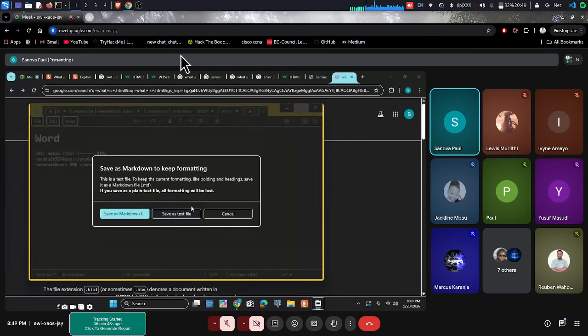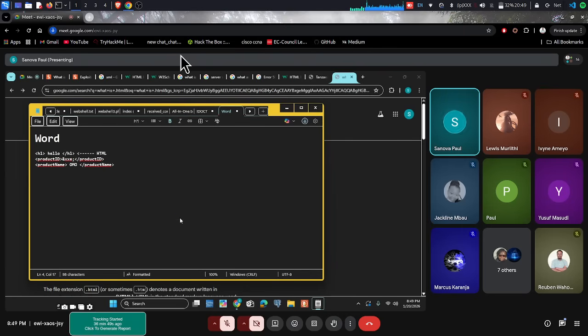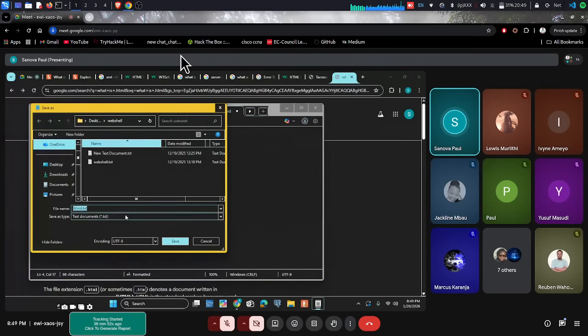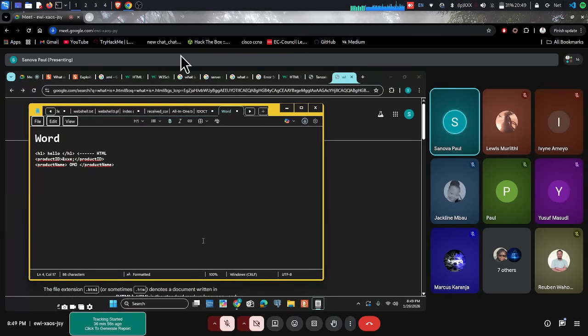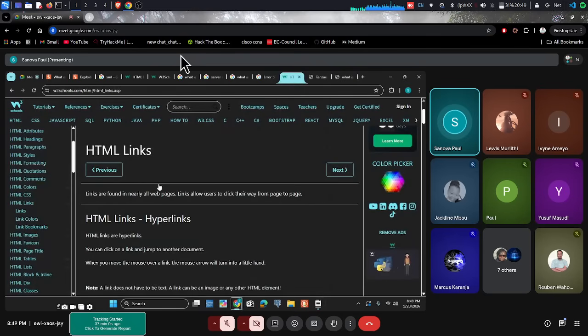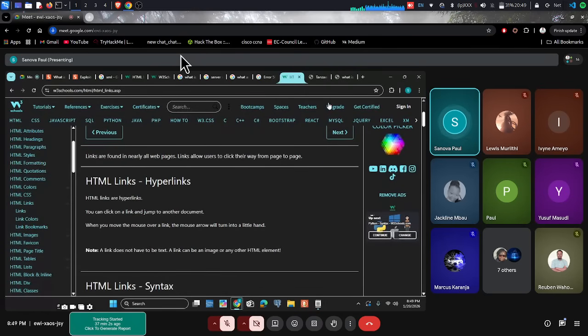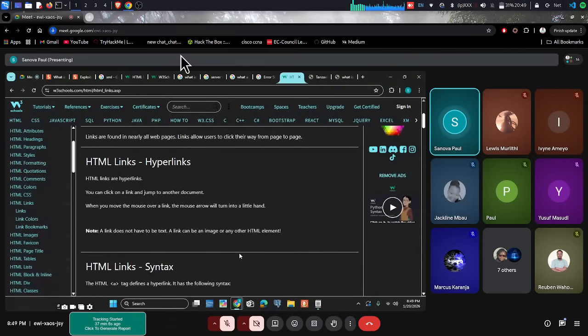Okay, naona sasa hadi inaniambia markdown ina detect this syntax, but nataka kuisave as a text file. As a text file inamaanisha it's .txt. Unacheki? So by default, if una reference something as .html, another page as .html using hyperlinks,